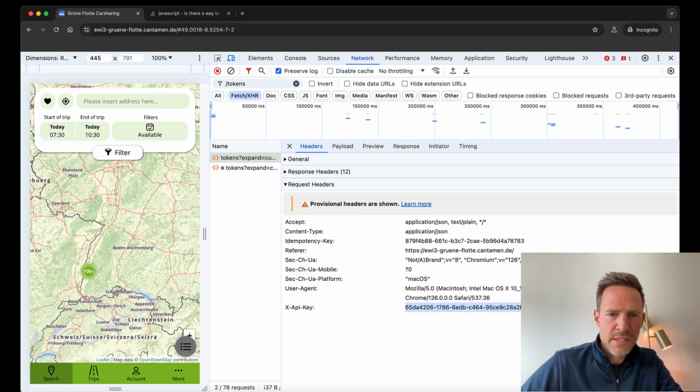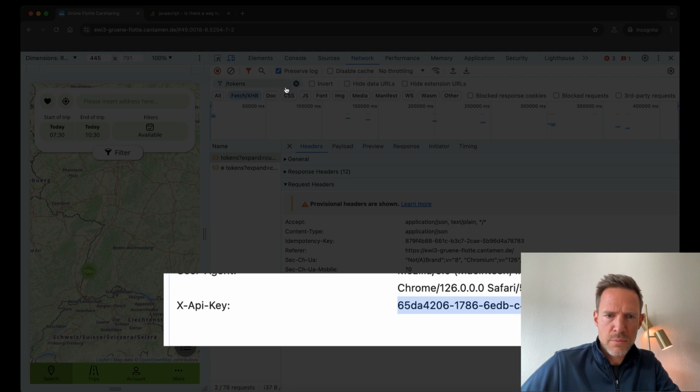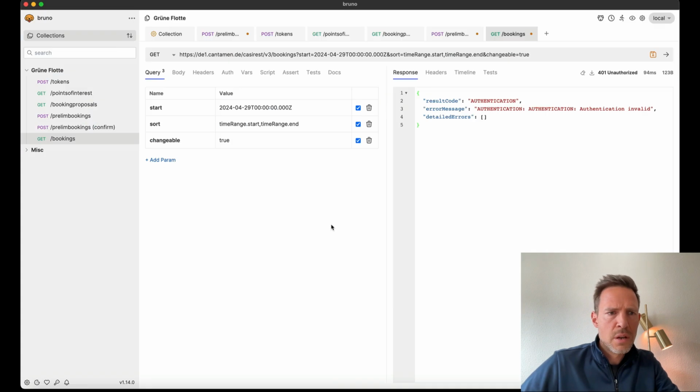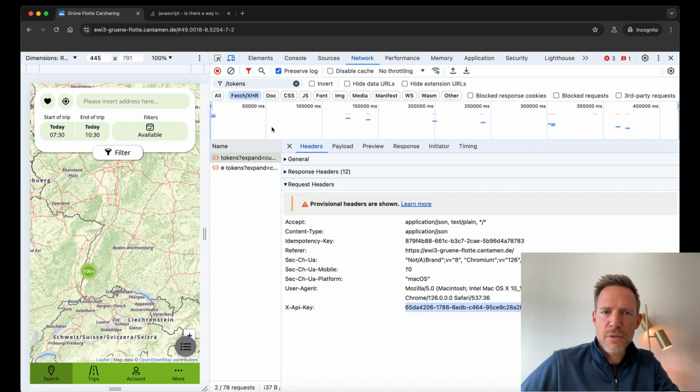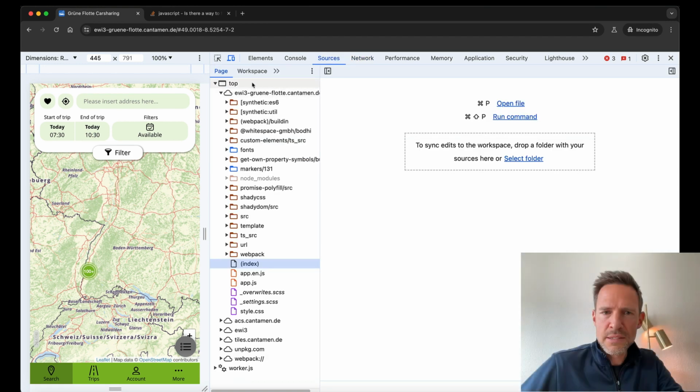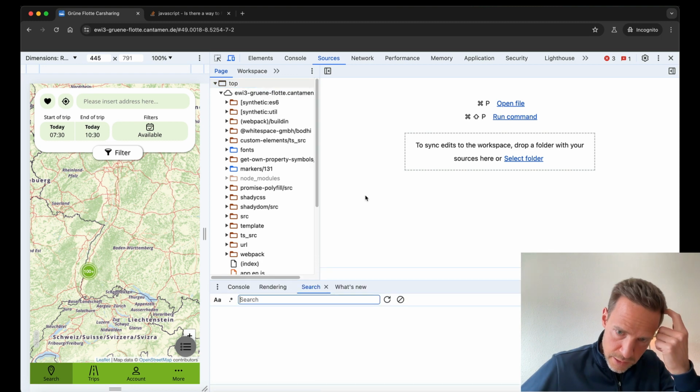Okay, so you may have noticed this X API key that I previously set in Bruno, and I set it here in my local environment. I just go to local configure, and you notice this X API key. And I actually checked the front end, and I noticed that every request really appended the key. You can see it here. And I figured, okay, maybe this key changes every day. Maybe there must be some way in the payload where this key is actually extracted from. So I did a search in the sources here,